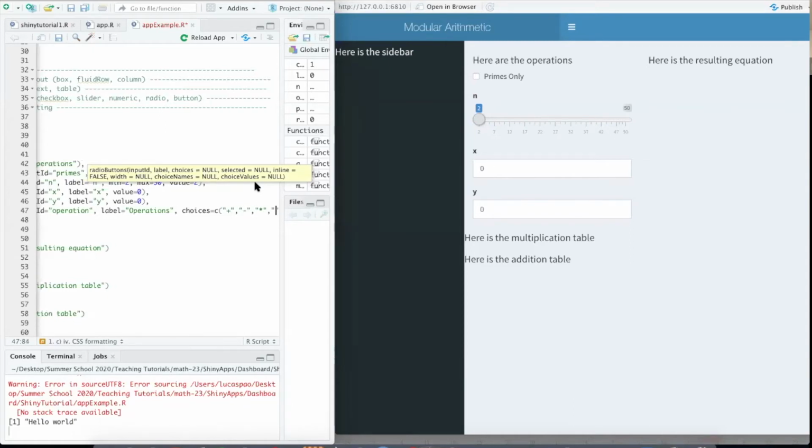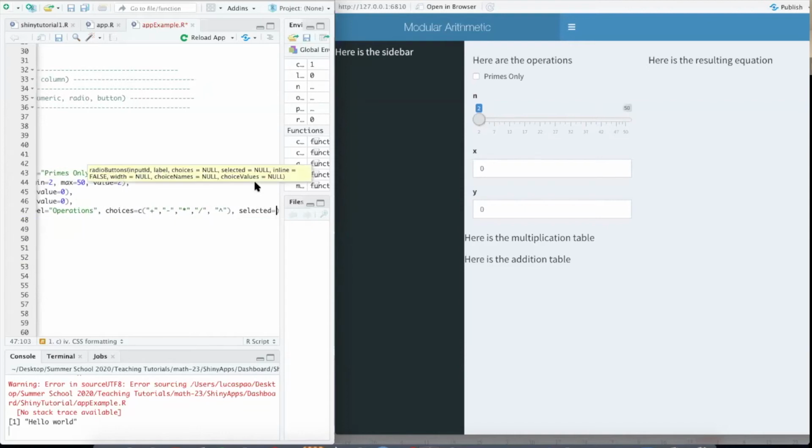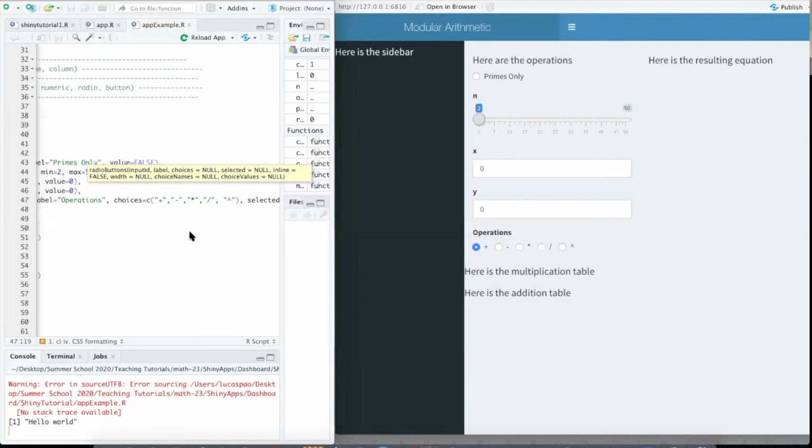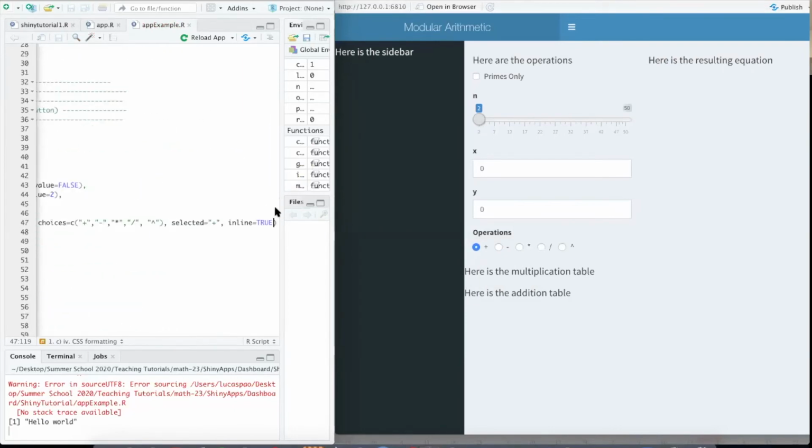Multiplying, division, exponentiation. And then we're going to say selected, the default selected. Let's say plus, and then see what happens. We want inline equals true. Okay, and then the next